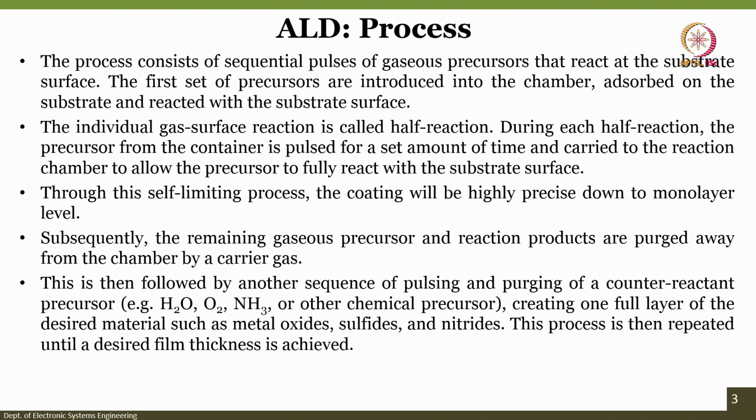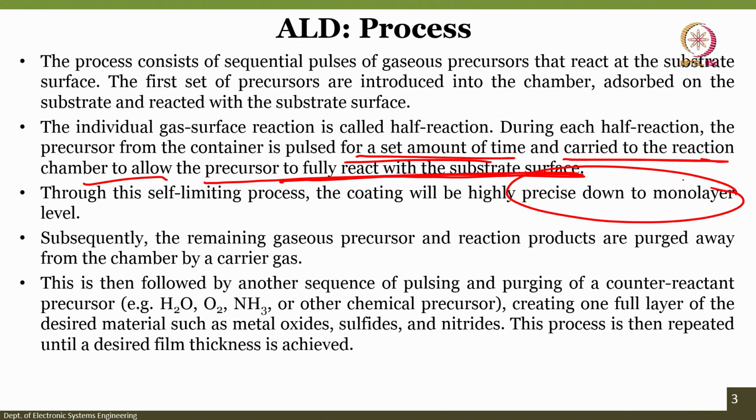So, the individual gas surface reaction is called half reaction. During each half reaction, the precursors from the container are pulsed for a set amount of time and carried to the reaction chamber to allow the precursors to fully react with the substrate surface. Okay. So, though this is a self limiting process, the coating will be highly precise, down to monolayer, right. That is the advantage of this particular process, that we can have a monolayer of coating, atom by atom deposition